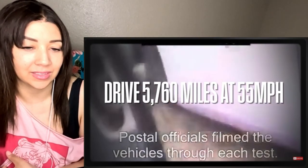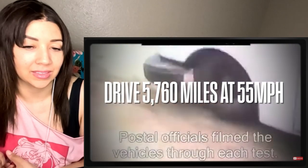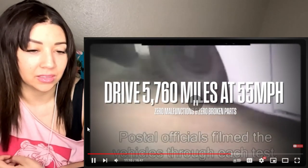Is it a turd? Absolutely, but it is really tough, because here's some of the testing criteria the LLV had to be able to meet before it would be adopted as the USPS postal vehicle. We have to drive 5,760 miles at 55 miles an hour with